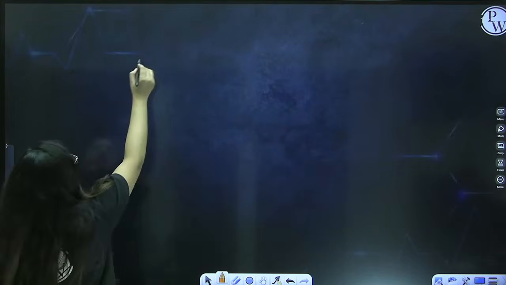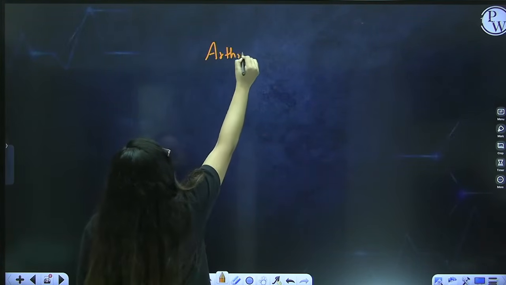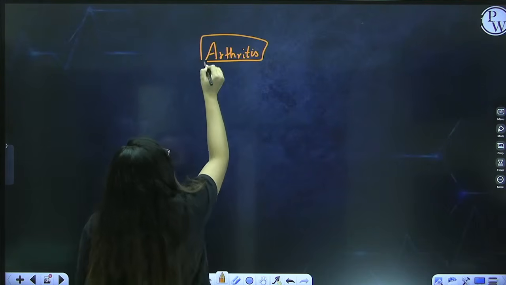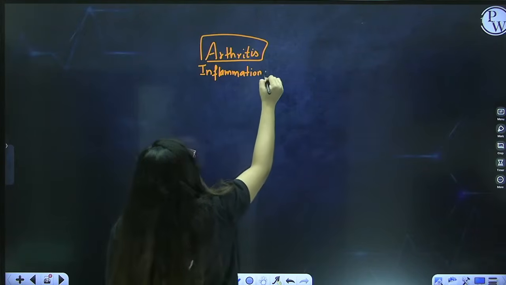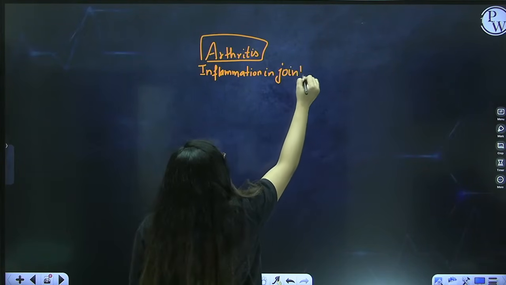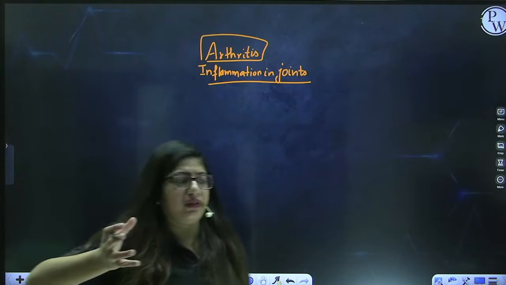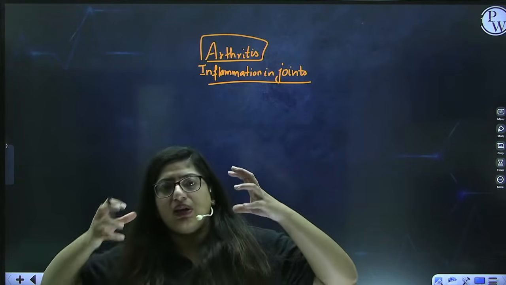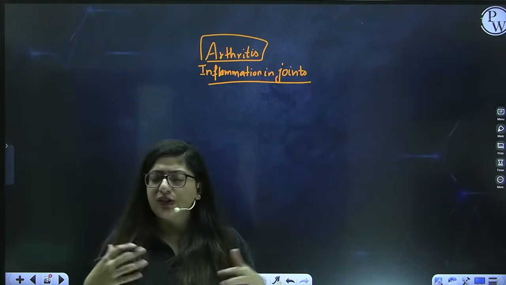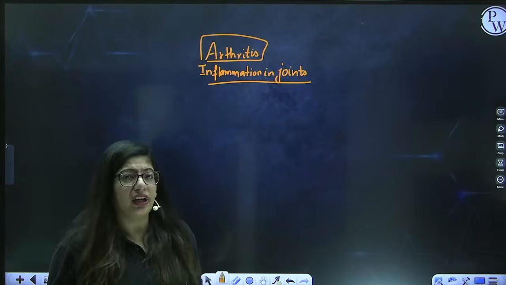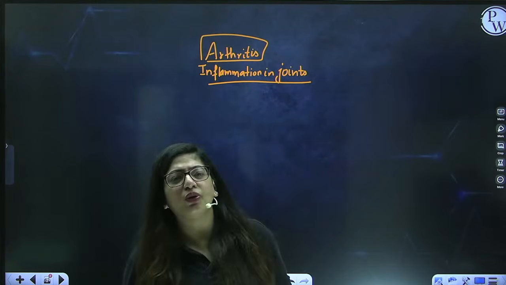Let's talk about the disorders of the skeletal system. First of all, we have arthritis. What is arthritis, guys? Arthritis is inflammation in the joints. This inflammation you also call in Hindi as sujan. Inflammation occurs, which leads to restricted movement of joints. The joints are not able to move, right? For example, you must have seen that old people are not able to walk properly because their knee joint is affected. Or you have seen their hip joint is affected, especially in females, right?